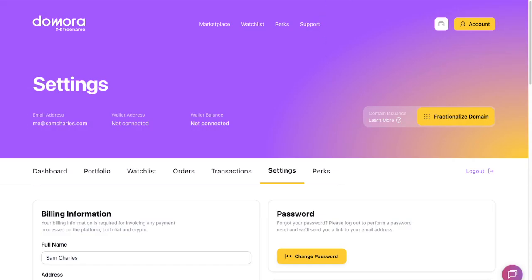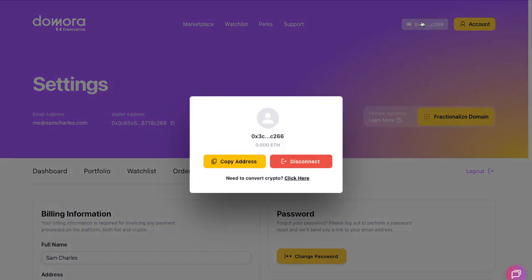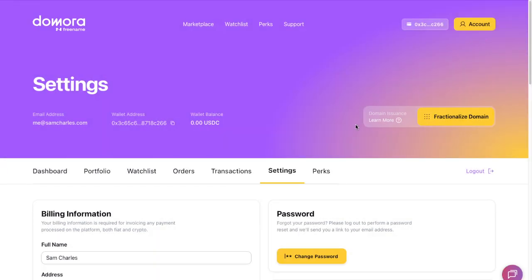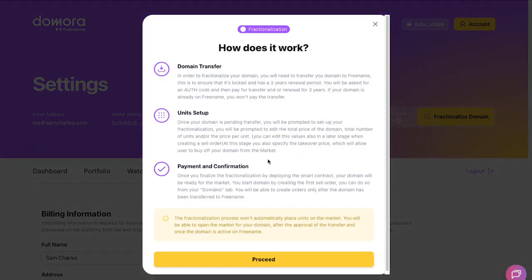Now we refresh the screen. Now you can see the wallet in the top right hand corner. Let's see, it's connected. Now the next thing that you'd want to do is click on fractionalize domain. So you need to choose the domain that you want to fractionalize, and we'll just go through this stage. So